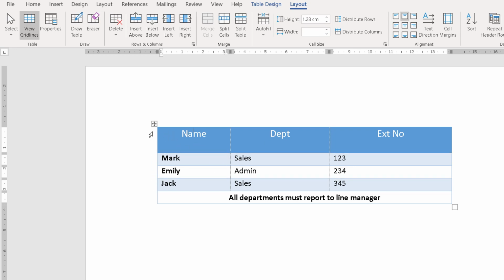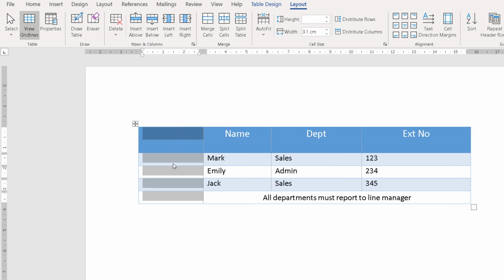We can create some fancy layout styles by adding a new column to the beginning. If I click anywhere in the first column and add to the right this column, I then might want to highlight by dragging my mouse all the way down all of those cells and merge them. That makes them into one. I can then type a title,